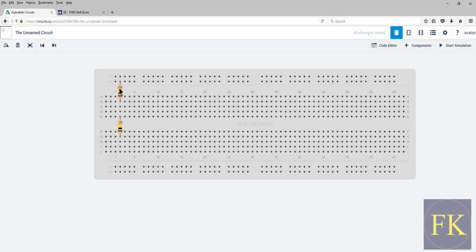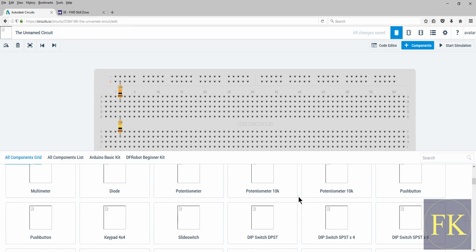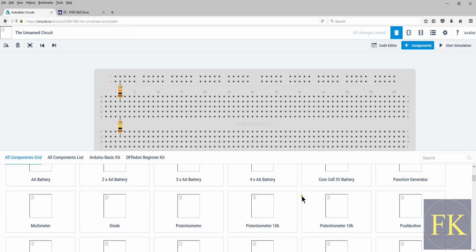Okay, now as you see it, the color changed. These colors, they're representing the resistance value. Okay, and then we need, what do you say, capacitor? Yeah, we need capacitor, right? So let me go get capacitor here. Okay,